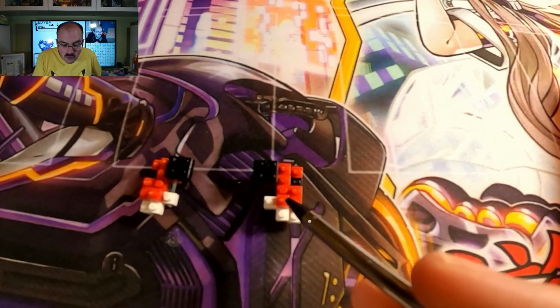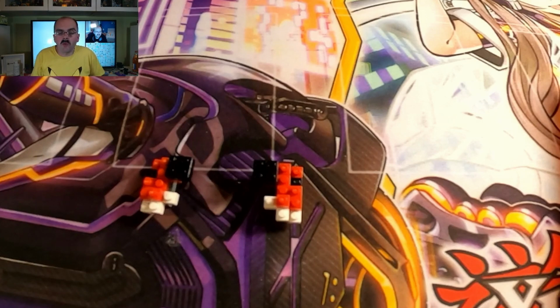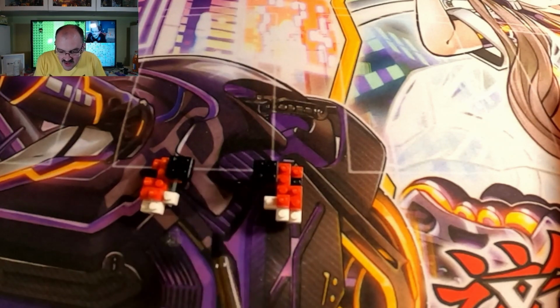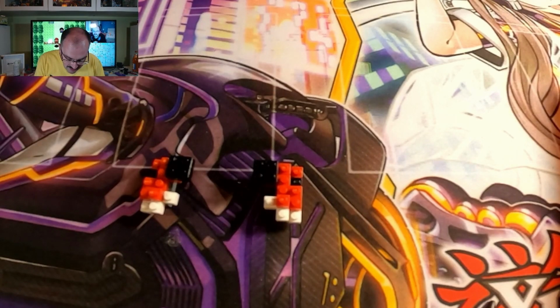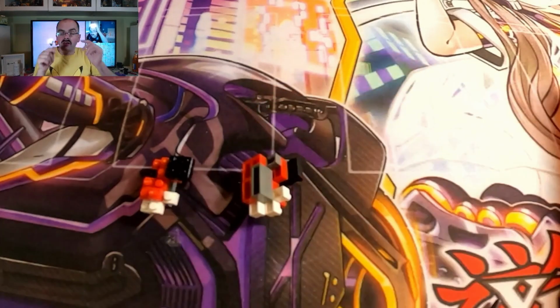Then on top of each of the white L's, right in the very middle, right here and here, is a little red 1x1 to form part of Groudon's claw. And then at the back is a black 2x2 right here to help connect it to the main body. Well, that is it for step 12, part 2 of those steps. I'm going to show you part